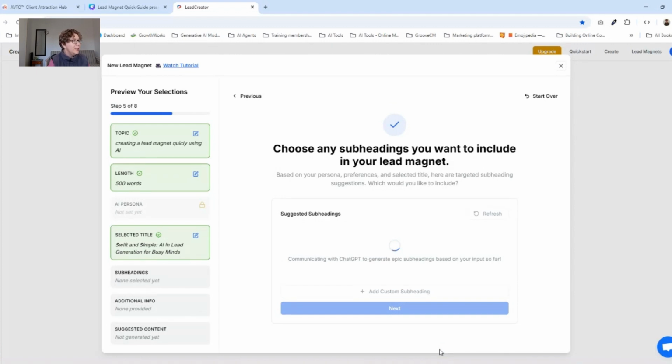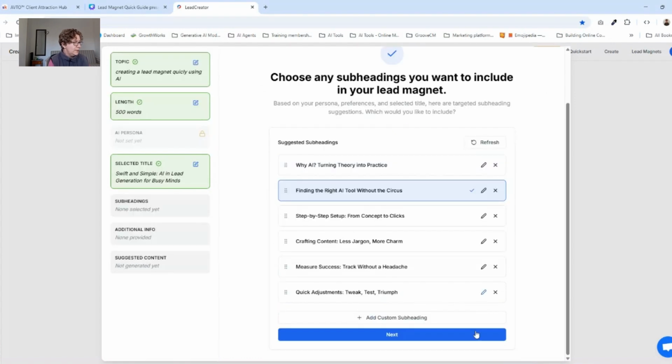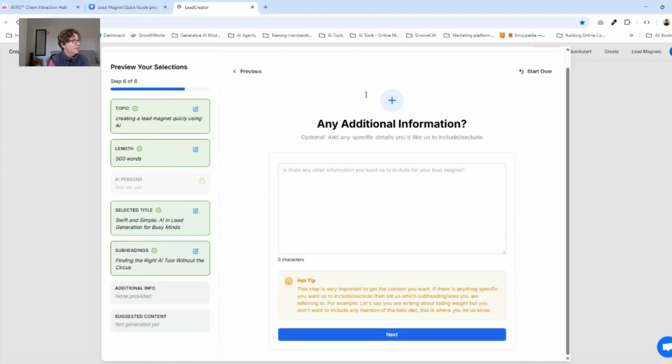All right, now you can choose a subheading that you want to include. So let's choose "Finding the right AI tool without the circus." All right, that sounds like an interesting subheading. So next, if you have any additional information that you would like to include, you can